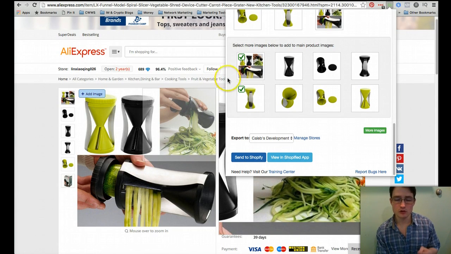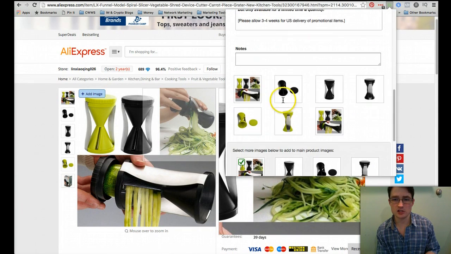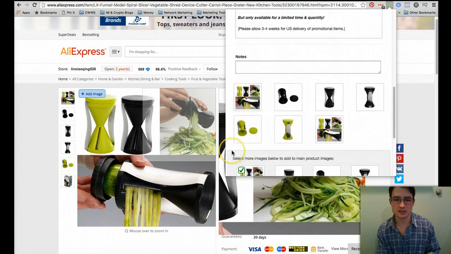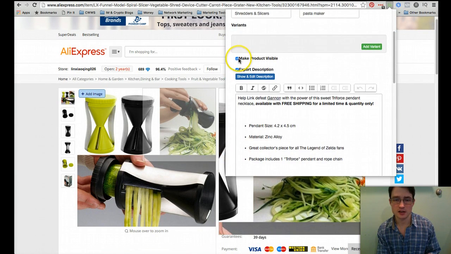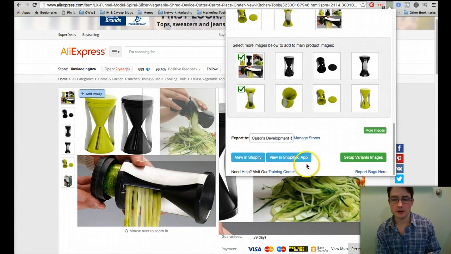Or you know that this item is all set the way you want it with all these changes that you've made. You want to go straight into the Shopify store. So we can click send to Shopify. Okay, it's going to go right to my Shopify store now. Okay, and since I left this button checked, it's actually going to go right live to my storefront. And so we'll check that in just a second.